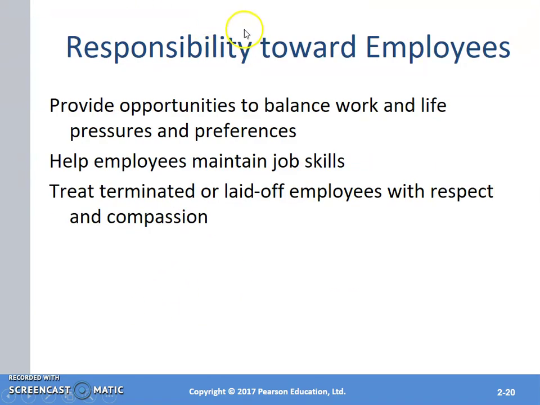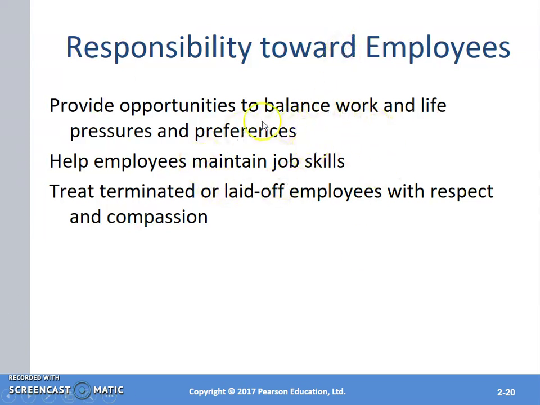Okay, when we talk about the responsibility to the employees, as I mentioned, we have to treat the employees fairly. How do we treat the employees fairly? We provide them a balance between work and life pressure. If the company wants the employees to stand by for 24 hours, maybe we can do a job rotation. One person in the office, another person at home, and then rotate. One person goes on shift, another leaves the office and attends to the family's requirements. That is how we fulfill the responsibility to the employees.